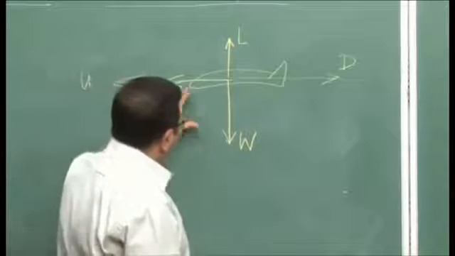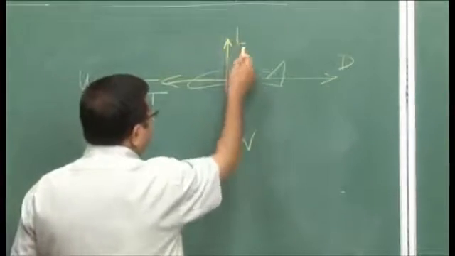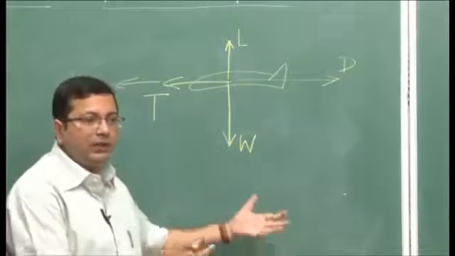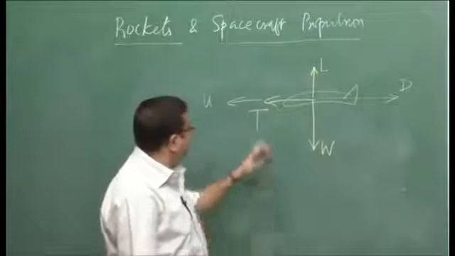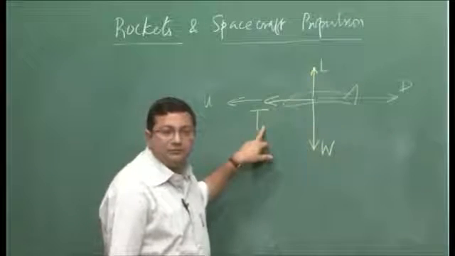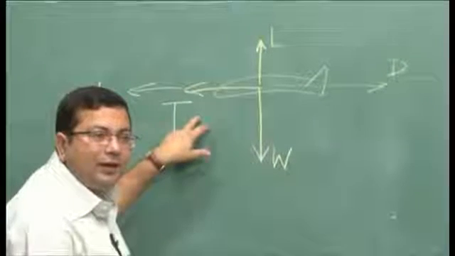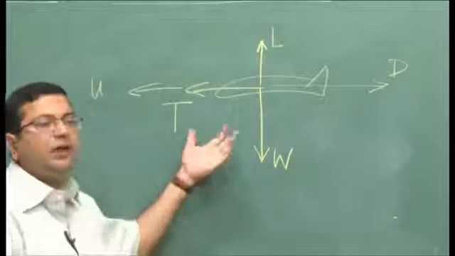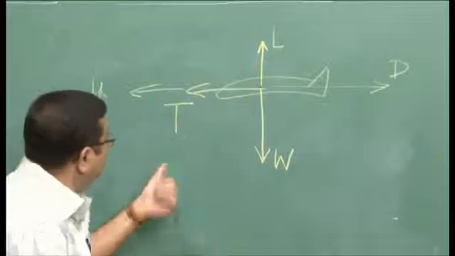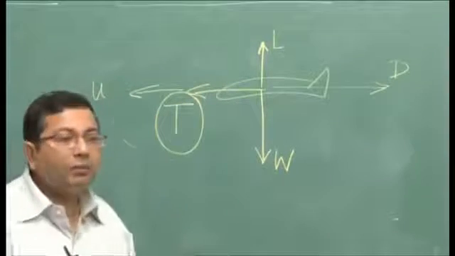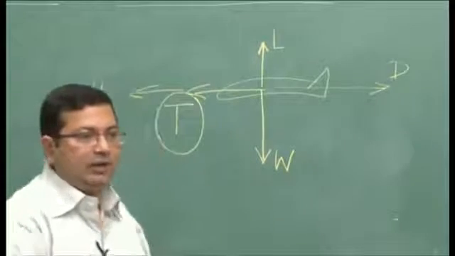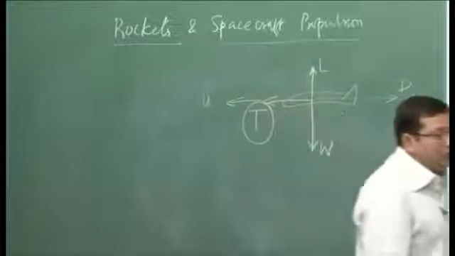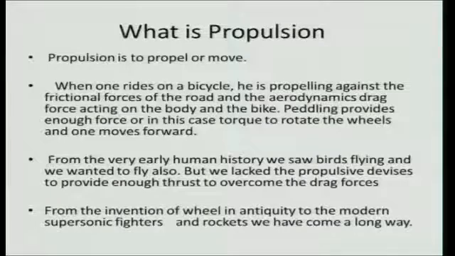Out of these, as I have said, lift and drag are dependent on aerodynamics, and weight is dependent on the weight of the vehicle, essentially the total mass and size, etc. Thrust is something that is produced by the engine. So, this is something that is in your control, let me put it this way, or in the control of the vehicle designers or the engine manufacturers. Therefore, this is something that is manipulated to maneuver the vehicle, particularly in the forward direction. So, this is where propulsion comes in. Now let us see what is propulsion.